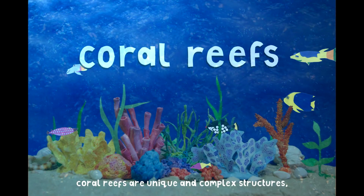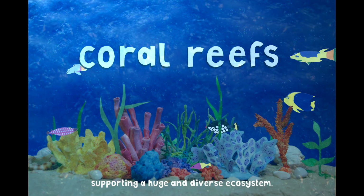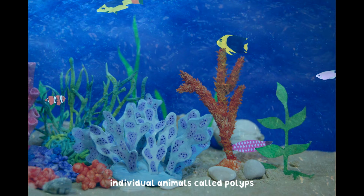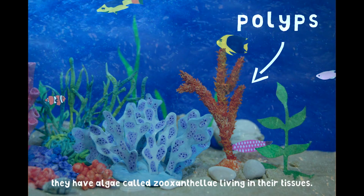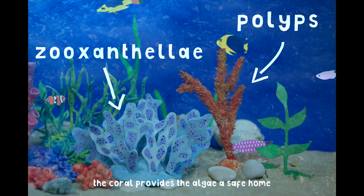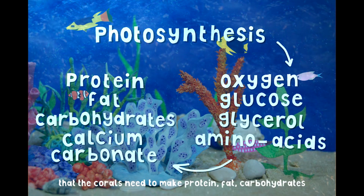Coral reefs are unique and complex structures, many millions of years old, supporting a huge and diverse ecosystem. Corals are made of 100 to 100,000 individual animals called polyps. They have algae called zooxanthellae living in their tissues. The coral provides the algae a safe home and compounds it needs for photosynthesis. This produces oxygen, glucose, glycerol, and amino acids that the corals need to make protein, fat, carbohydrates, and calcium carbonate